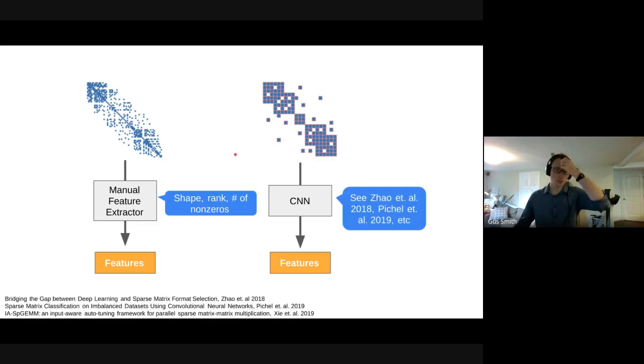A number of papers have used this exact technique, interestingly to solve a classification problem, deciding which sparsity format from a set list they should use to encode a tensor. Our work is doing something very similar.